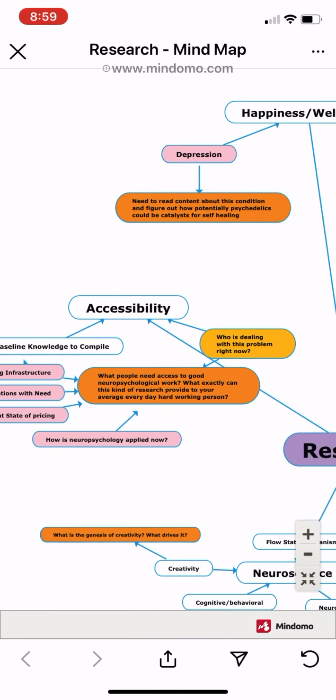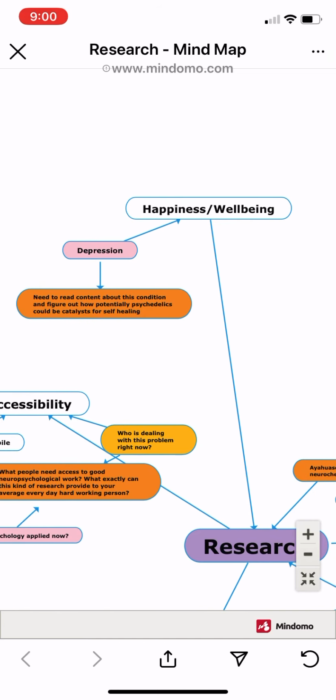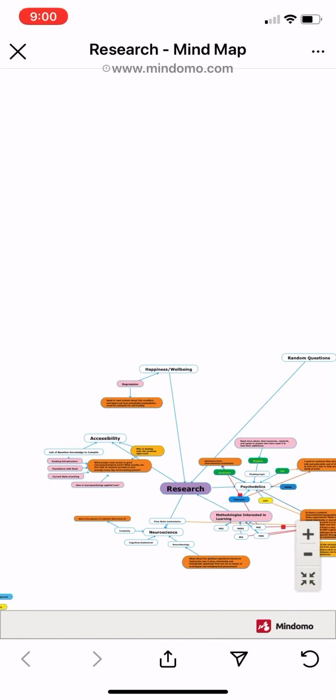And then, general happiness and well-being. This is kind of where I got tired last night, so I kind of fell off, but depression's interesting to me because it seems like in a lot of cases it's something that could be fixed with potentially not medicine. I don't necessarily think medicine is the right move for most cases of depression, since I think a lot of them are caused by environmental factors. So yeah, that's kind of me just spitballing at a wall for an hour, trying to get out some of those ideas.